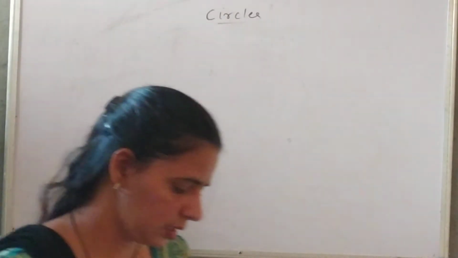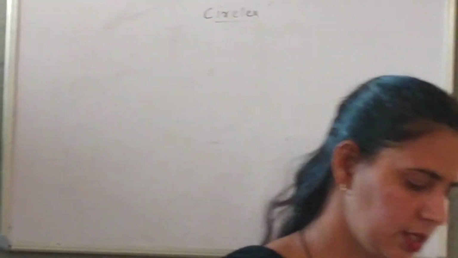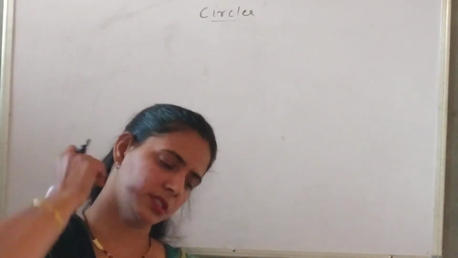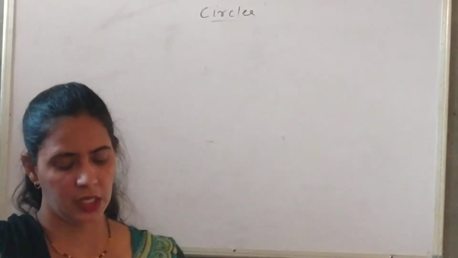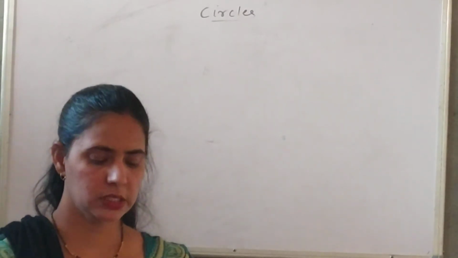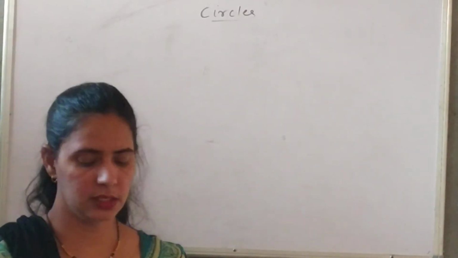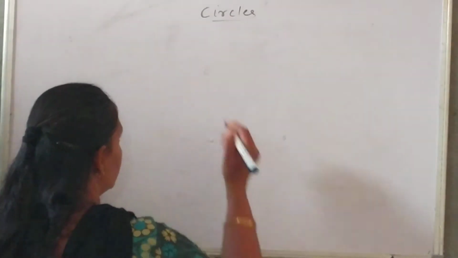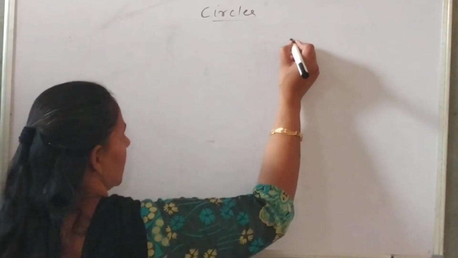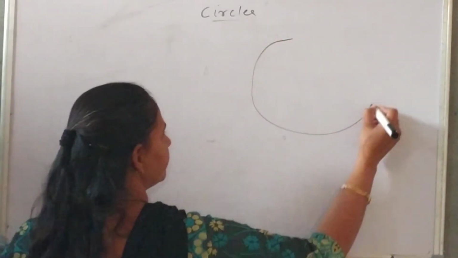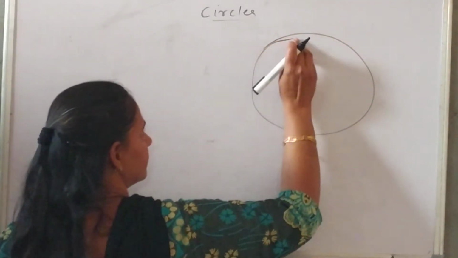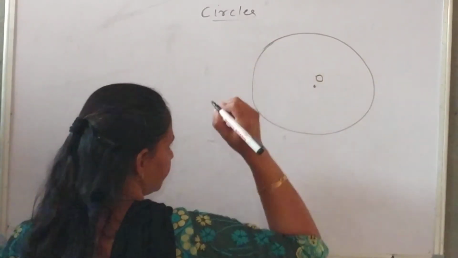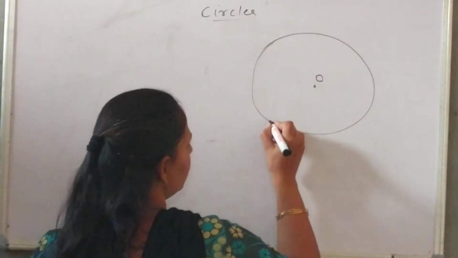We are starting theorems. First is theorem 10.1. You have to solve this in your copy. Equal chords of a circle subtend equal angles at the center. Equal chords of a circle. A circle is given. This is the center of the circle. If two equal chords are given,